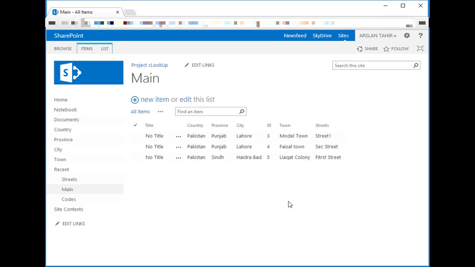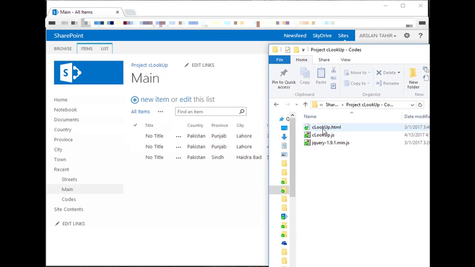Hello guys, in the previous video I demonstrated infinite cascading lookups in the main list using four levels: country, province, and city and town. So in this video I will show how to incorporate the provided codes below this video, whose links are provided below this video. These are three files, which are clookup.html, clookup.js, and jQuery